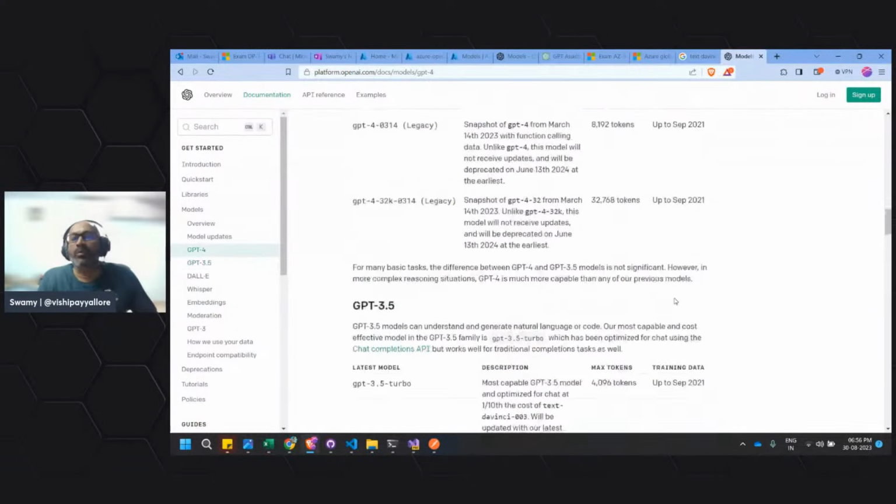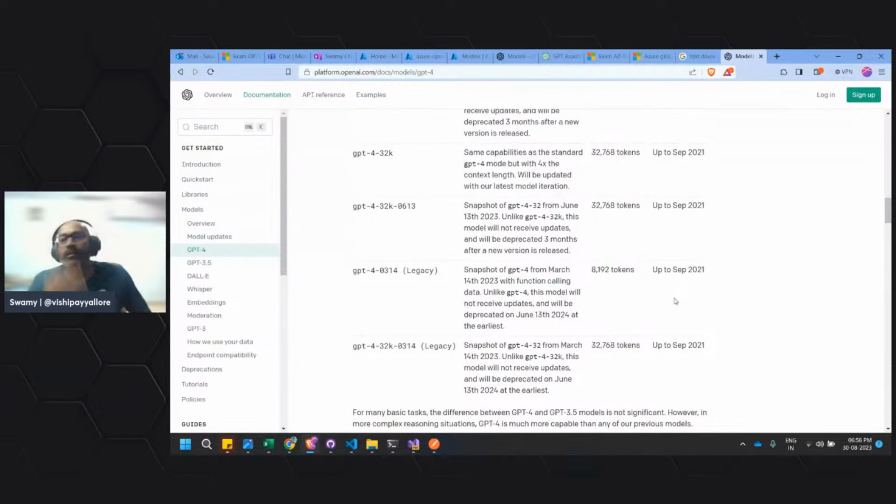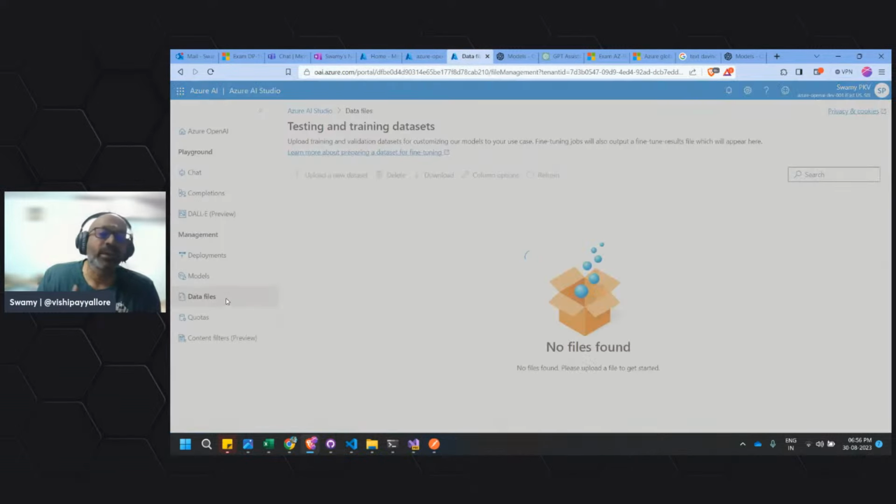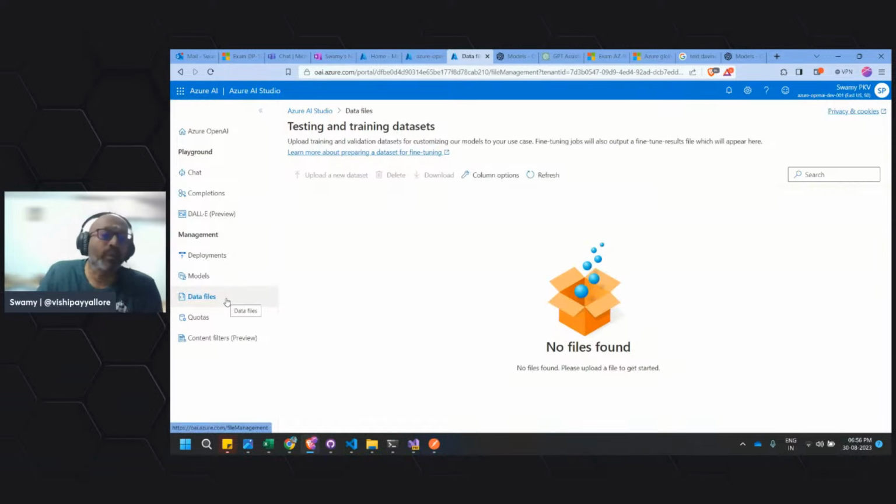Depending on the expected results and how the model is performing, you can go and retrain it. Here we have some options which I never explored myself, but we do have a way to upload training and validation data sets for customizing your models. So if that is your answer, this is the way.